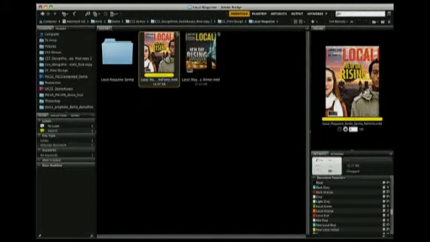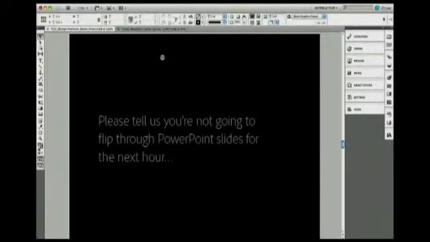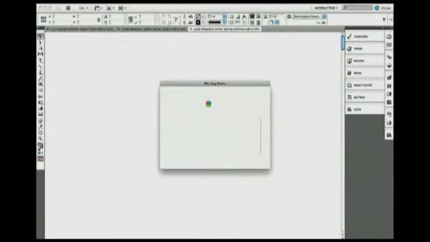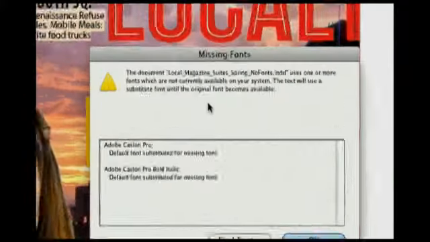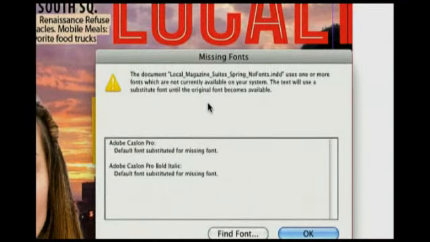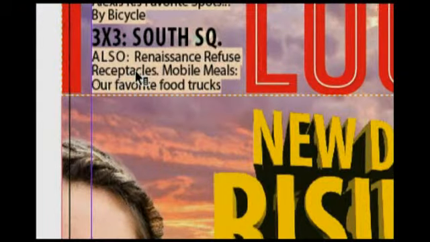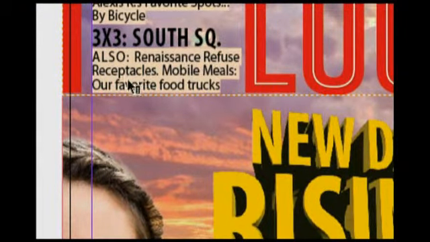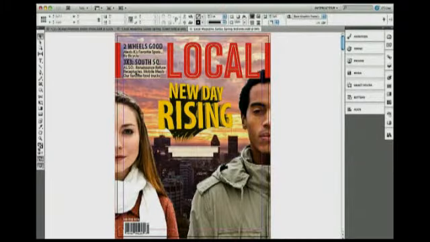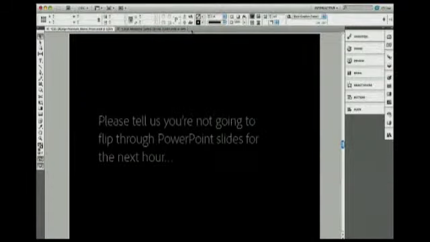Well, let's just open up this document first of all. Oh, hang on. Now here's a dialogue I'm sure you've never seen. There are some missing fonts. It uses one or more. And then the thing I really like that InDesign does, as a guy, it's like, you know what I'm going to do? I'm going to highlight it in pink. Yeah, you're missing this one. This is what you could have won. It looks a bit like this. How about changing it to Courier or Times New Roman? No, I don't want to do that. All right, so